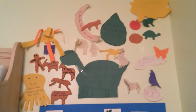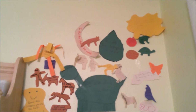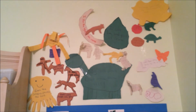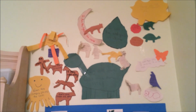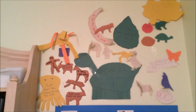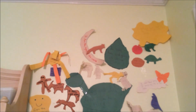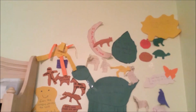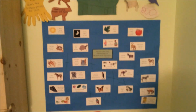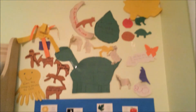All of the badges that we did, I put up above the poster. Some of them are the size that the patterns originally came with, and some of them we made bigger. But we had a lot of fun. We had a lot of fun, and I think that this turned out really cute. Gonna be kind of sad to take it down, but